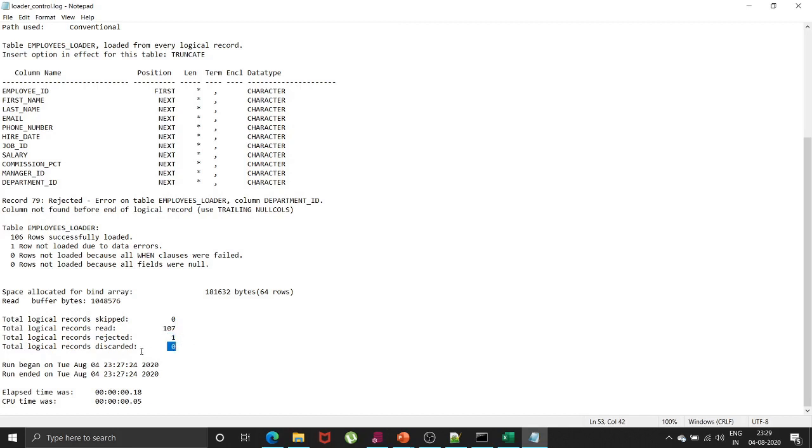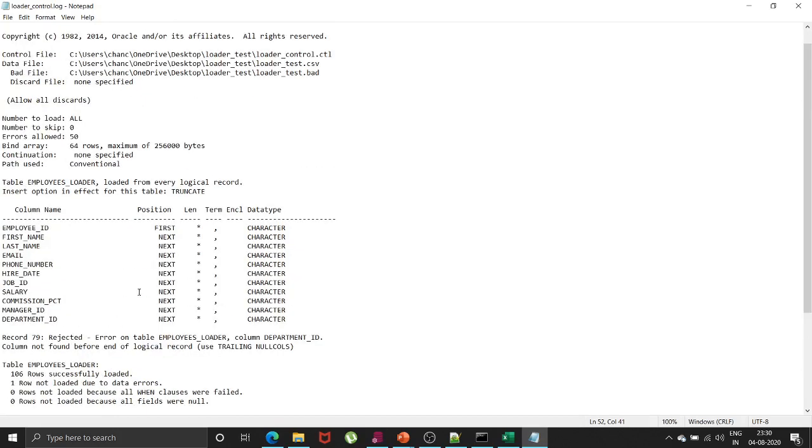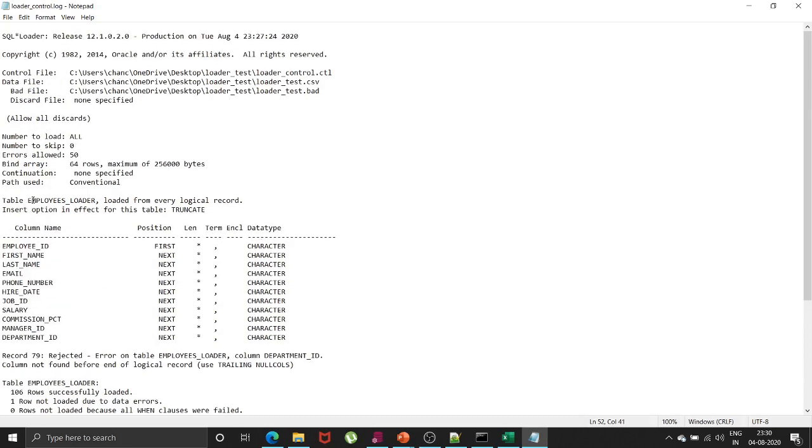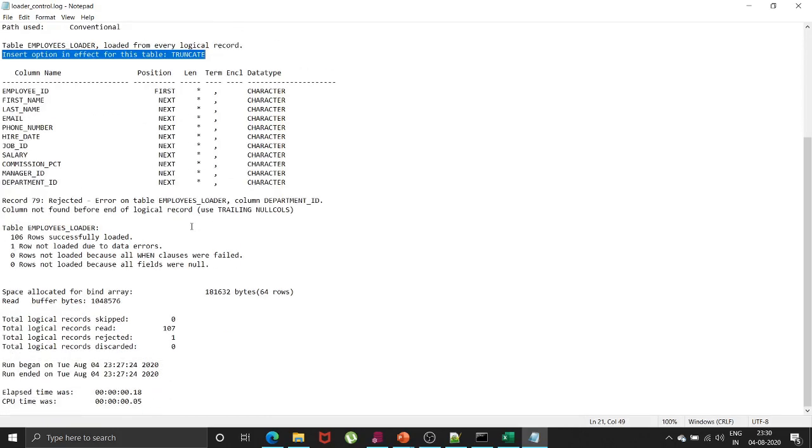As I told you, the discard file has data which was rejected through our where clause, and we did not have any where clause in our control file, so no issue. But we have one record that was rejected over here, so we will see why that got rejected. We get information here itself: insert option in effect for the table.